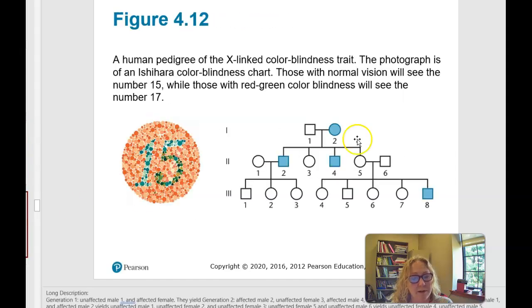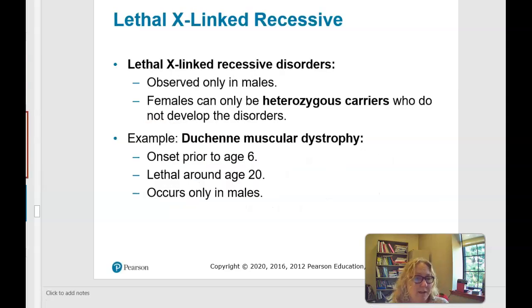Color blindness is one. Here, right, the mom has it, and then all of her sons have it, and this daughter is a carrier, so her son over here has it. And if you can't see this 15, you're probably colorblind. You need to come talk to me. There are some lethal X-linked recessive disorders that